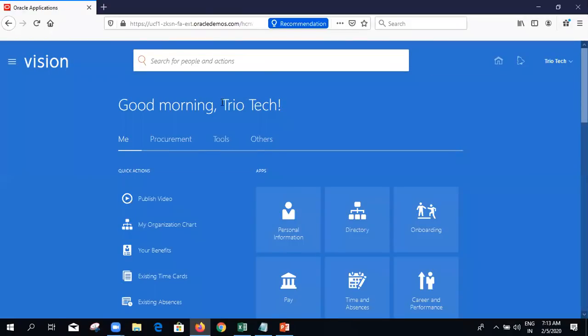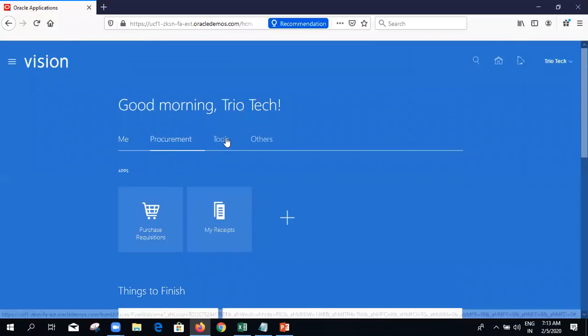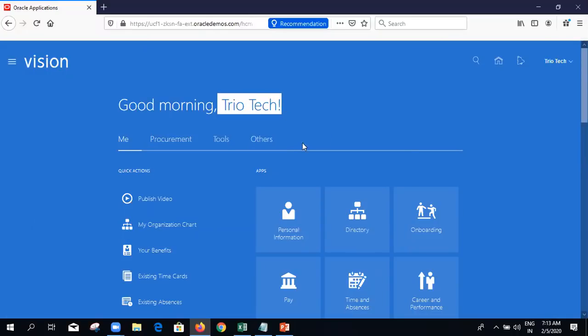Now see, as I logged in with this user, what access am I getting here? Only About Me and some procurement related things, very limited, and under Tools also limited. Whereas when I logged in with HCM underscore IMPL, I saw many functional areas available. This is what roles do in the Fusion application. What type of role we attach to the employee, he will get access to that set of functional areas. Each role is provisioned with certain duty and aggregate privileges, nothing but the accessible things.